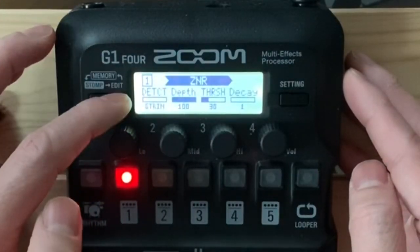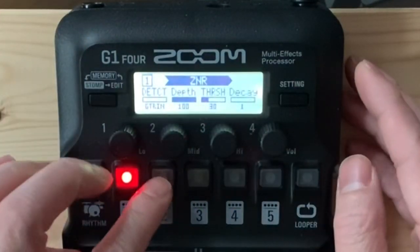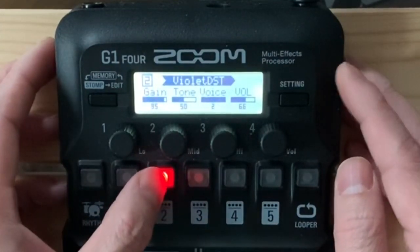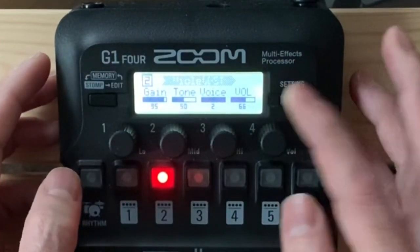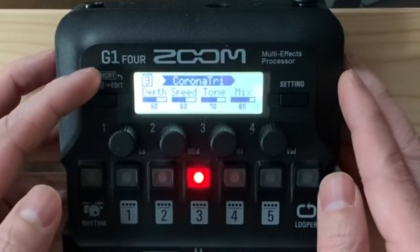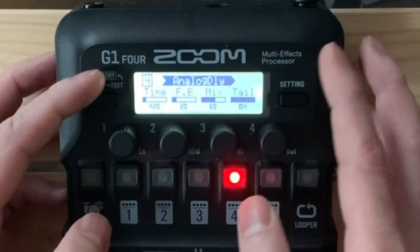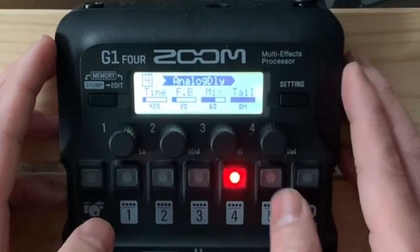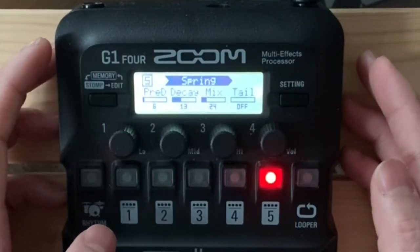ZNR, detect, guitar in, depth 100, threshold 30, decay 1. Then our Violet Distortion, so there it is, Violet DST, gain 95, tone 50, voice 2, volume 66. Then Corona Tri, depth 60, speed 60, tone 70, mix 80. Analog Delay, time 420, feedback 20, mix 60, tail on, and the last bit, Spring, pre-delay 6, decay 13, mix